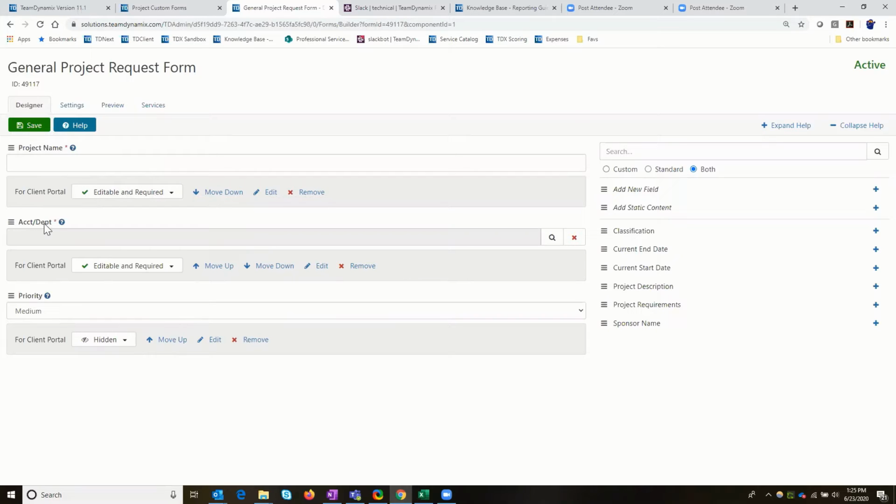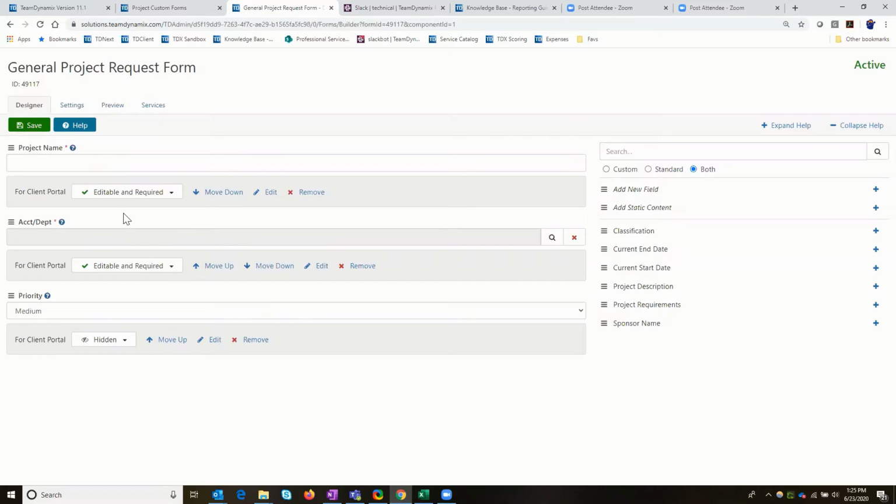And again, this account department could default to the default account department on the sponsor or the requester. It'll default to the sponsor if the sponsor is part of this form and the sponsor is filled out and has a defaulted account department on their user record, or if the sponsor is not on it, like it's not on this one,